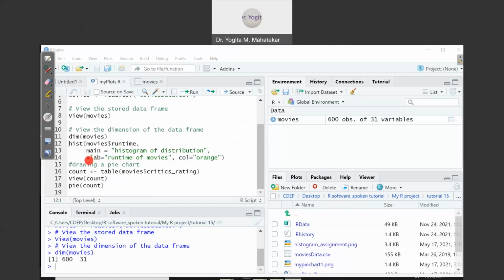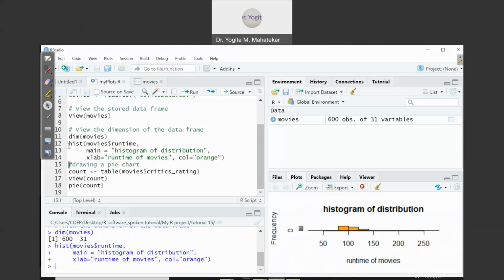The labeling of the x axis is xlab equal to runtime of movies. Let me run this command which starts with hist.